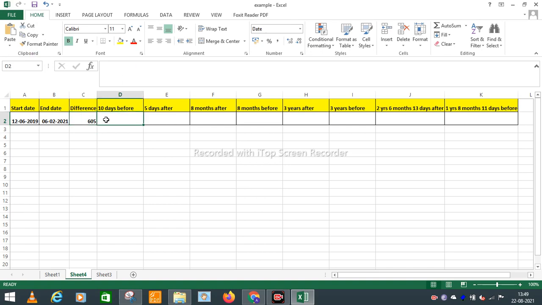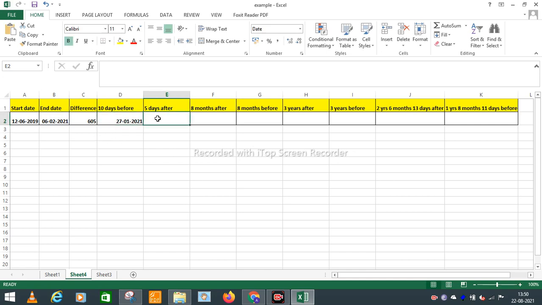Next I will try to find the date 10 days before this end date. The formula is equal to the date which I will use as reference, that is the end date B2, minus 10, as I will go 10 days before. Then I press enter, and the date 10 days before is this one.